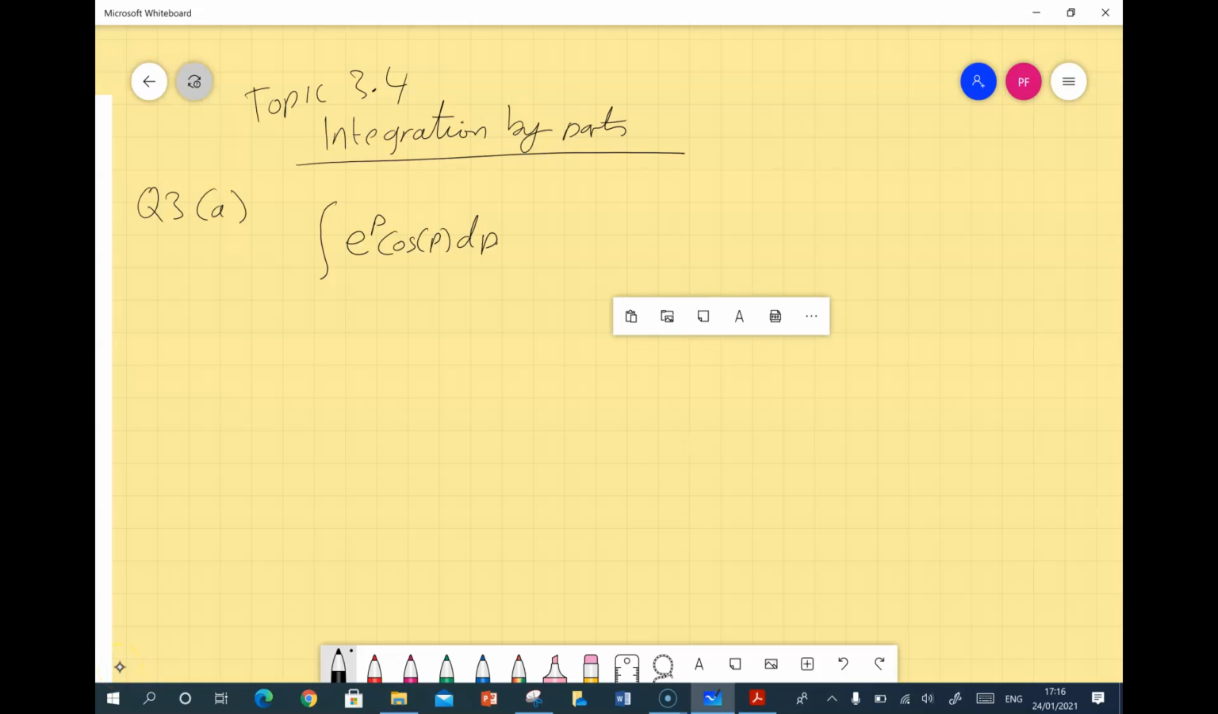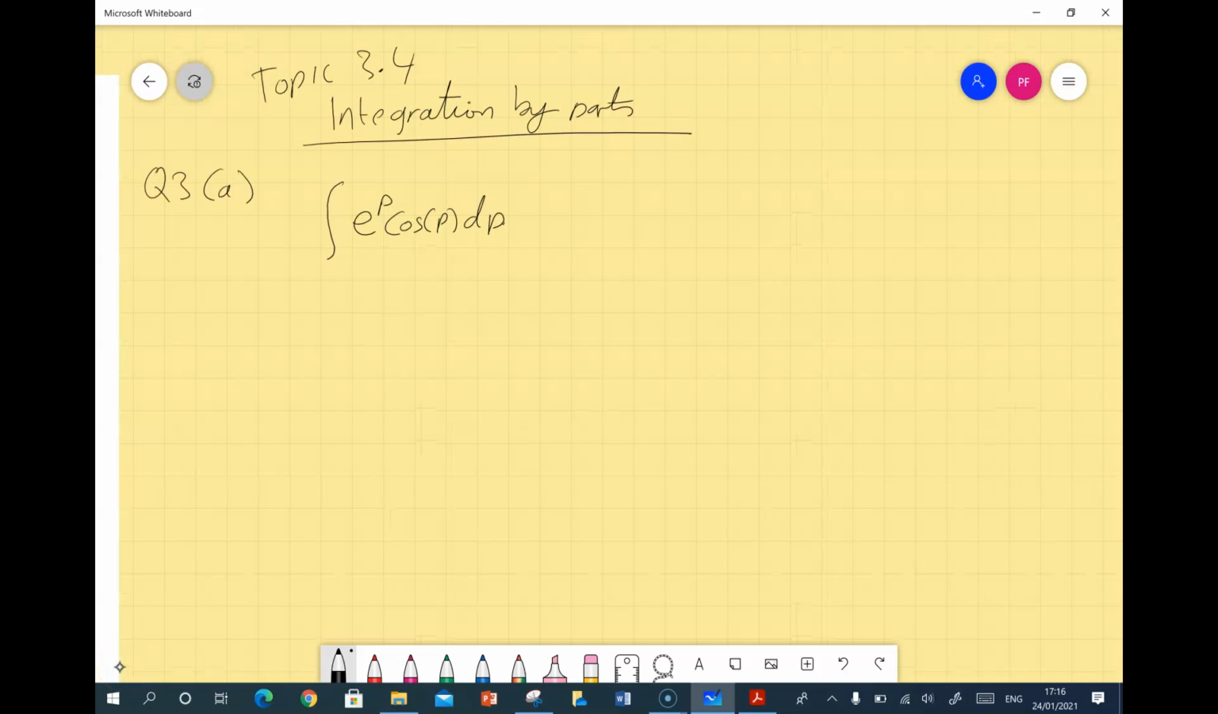Here we have topic 3.4, integration by parts, question 3a, the integral of e to the power of p cos of p dp. This is a special case here. These are tough integrals, so you're going to want to work through this one slowly, piece by piece, understand each step as we go. Now, we need to pick a u and a v, but there's going to be a